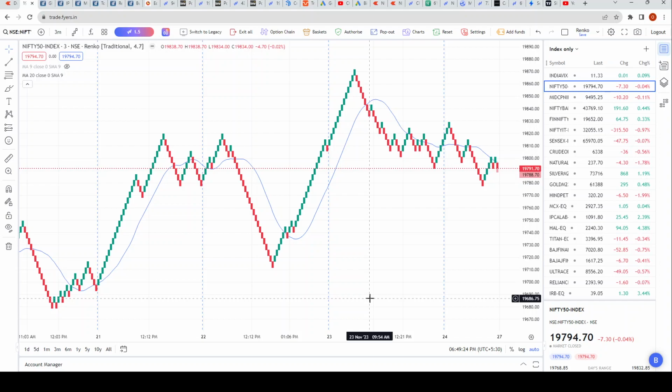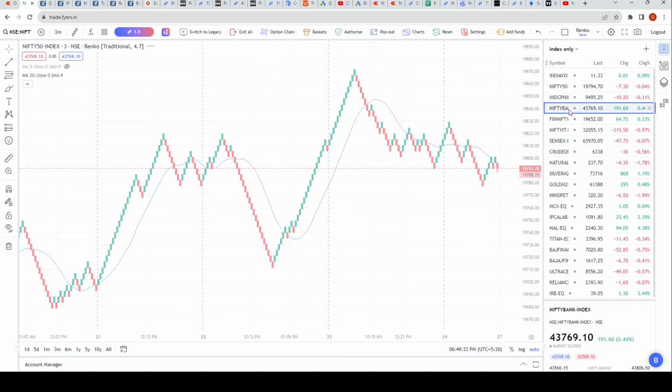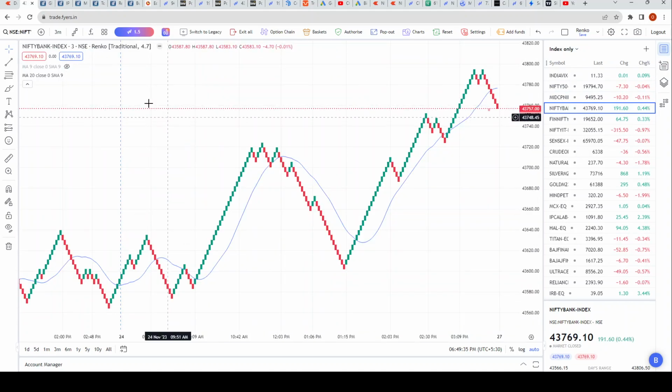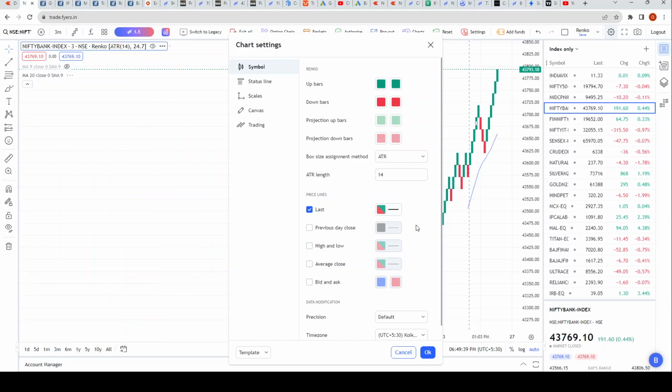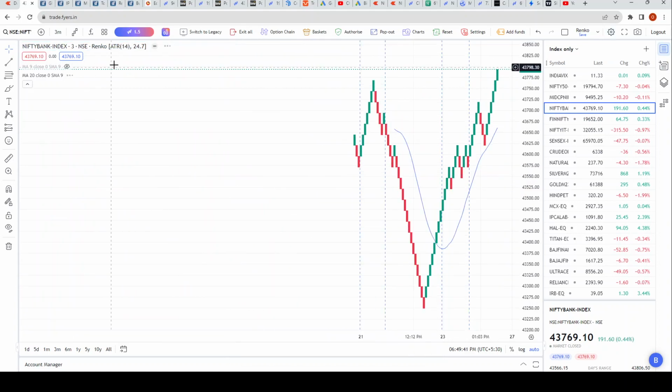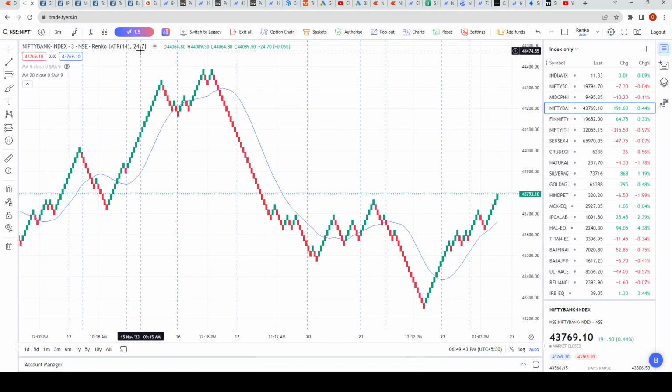on the Renko. Now let's say you want to look at the Bank Nifty. All right. So we'll click on Bank Nifty in that case. So this will be Bank Nifty. Again, you will have to convert the chart to ATR 14, and you will have to check the value again. Our ATR default value is 24.7. So if you want to work on Bank Nifty on a 3 minute time frame, you will have to divide 24.7 by 2. So that will be